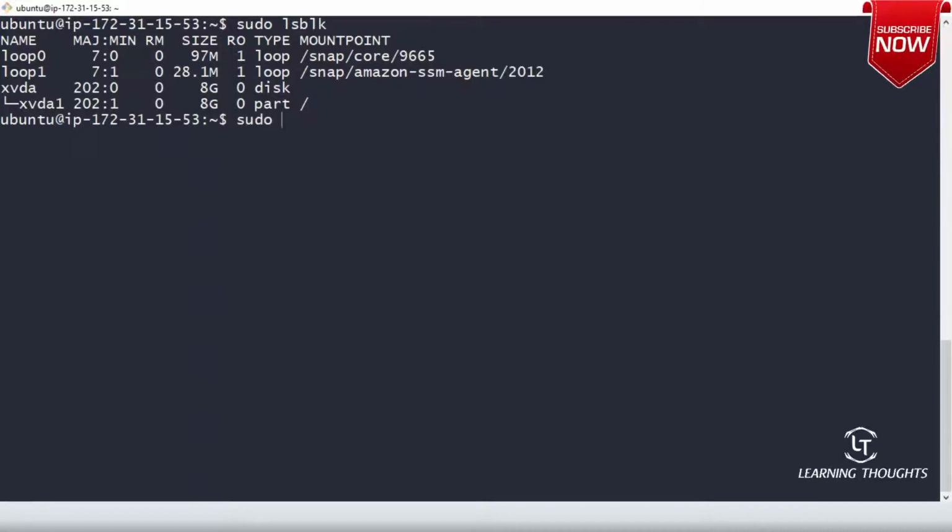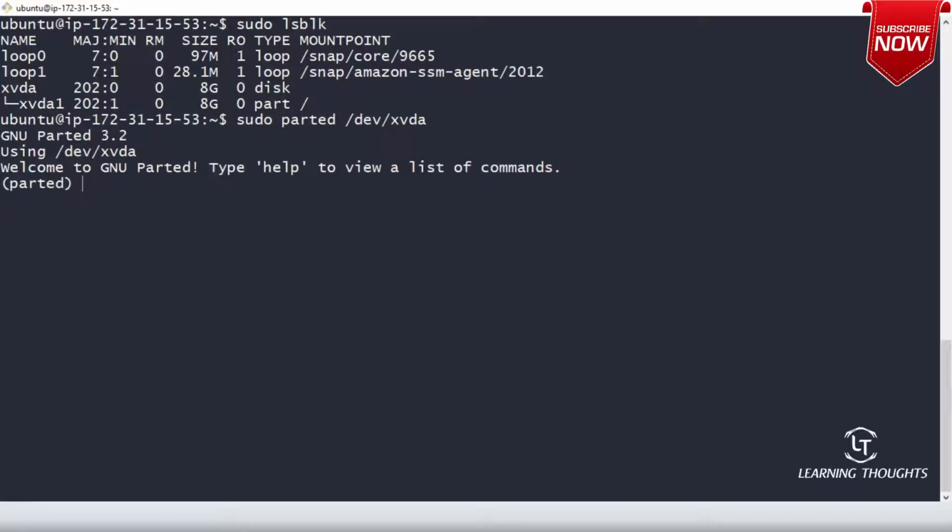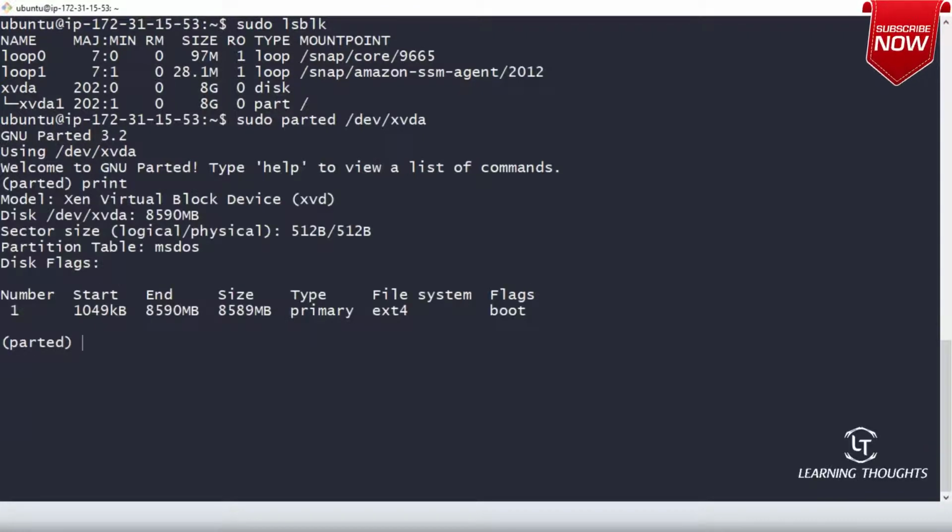Now let me try this: sudo parted /dev/xvda. It tells you that you have the following. Here I'm using a very simple command called print. It tells you the following are the kinds of things you have on your machine.